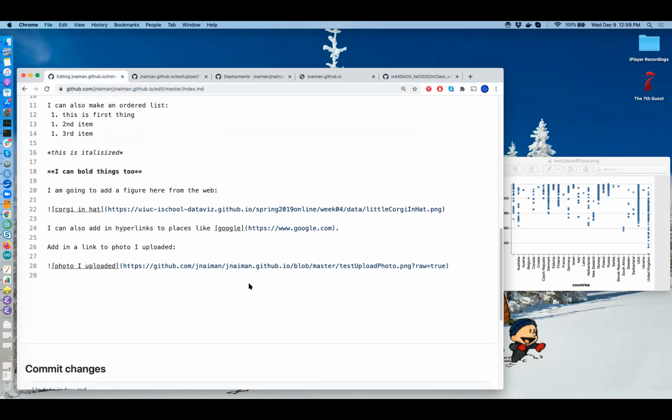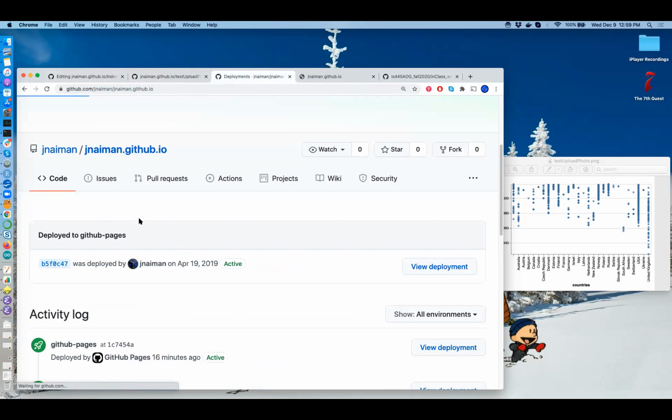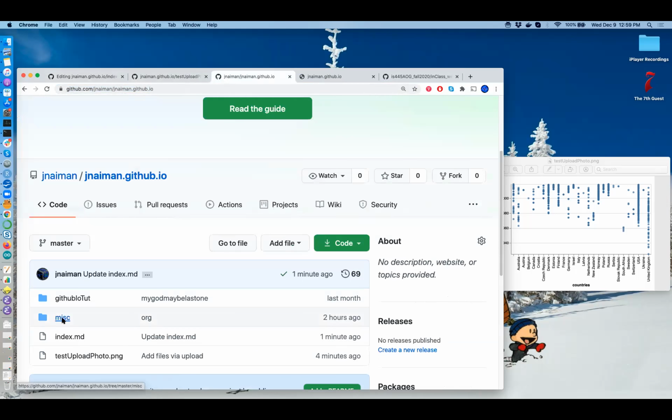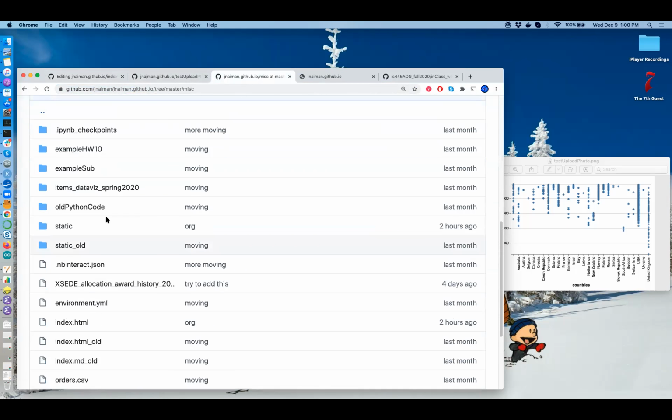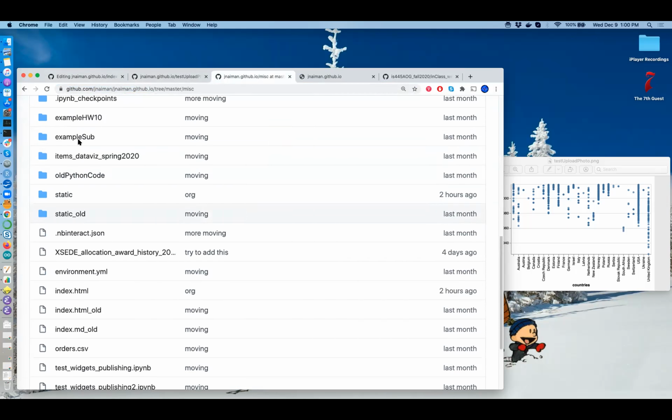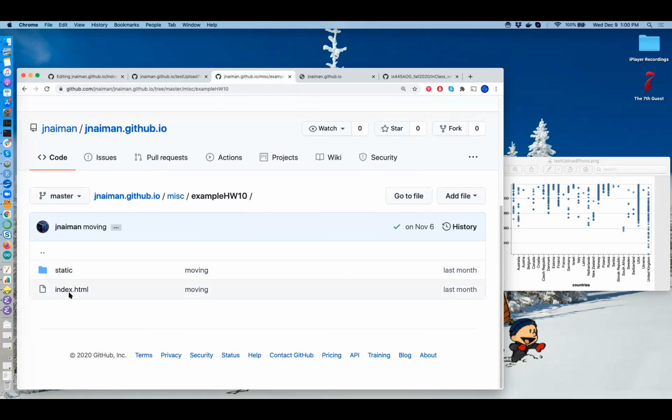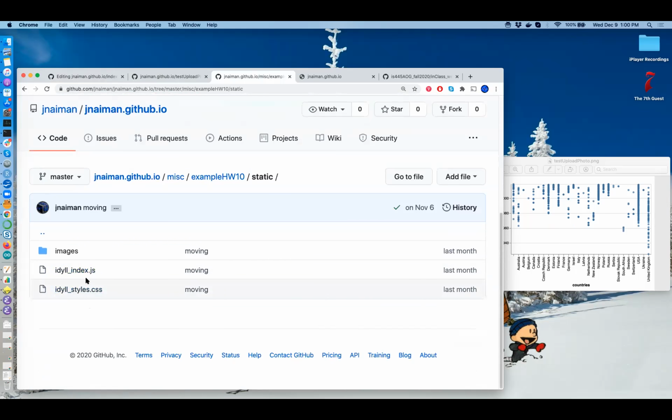And yes, you can use CSS or external CSS files. That comes into using more stuff. So let me go to some examples. Here's an example homework from our data viz course. I've got something that's been compiled into HTML, and I've also got CSS stylings in here. If you write everything in HTML, using your own CSS stylings, and write your own index.html, you can just upload all